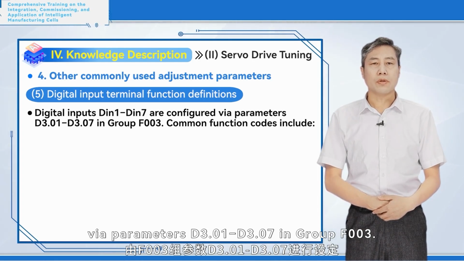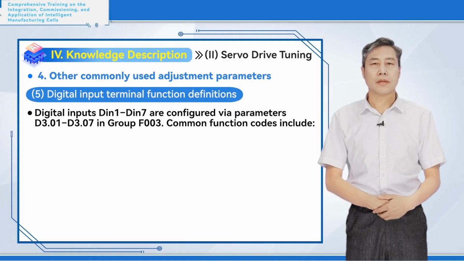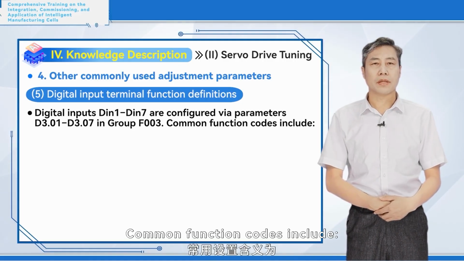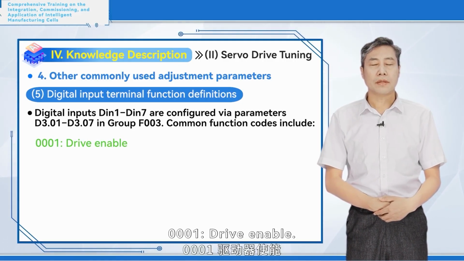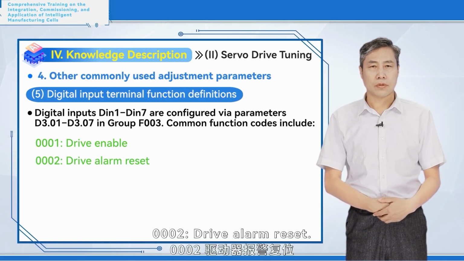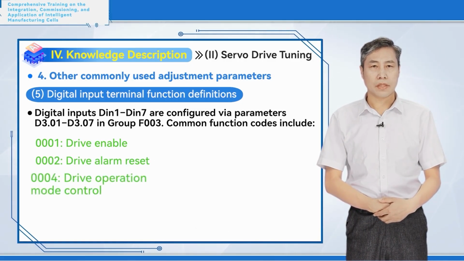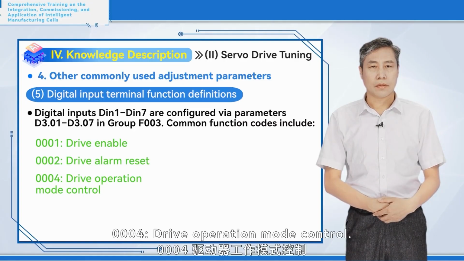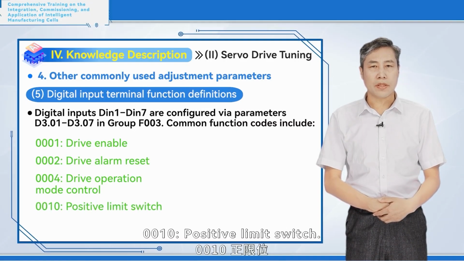D3.01 to D3.07 in group F003. Common function codes include 0001, drive enable, 0002, drive alarm reset, 0004, drive operation mode control, 0010, positive limit switch,